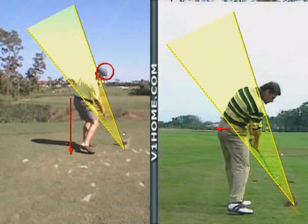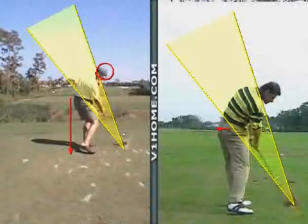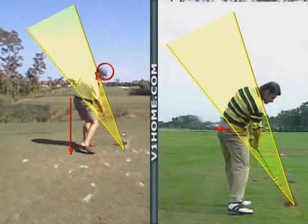I like the angle. I like how the club came in. The hands were just perhaps a little bit high through impact, but you can see that you have much more of a roundish look here. So I think that's an identifying thing there for trying to work on holding the right hip back a bit more in your